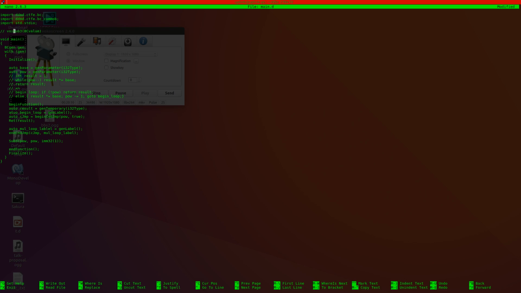This void bc value result, bc value LHS, and bc value RHS, and it will do result equals LHS minus RHS. And when we plug in pow 1, we get out